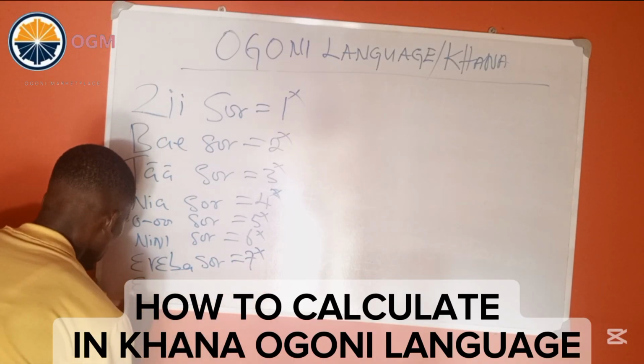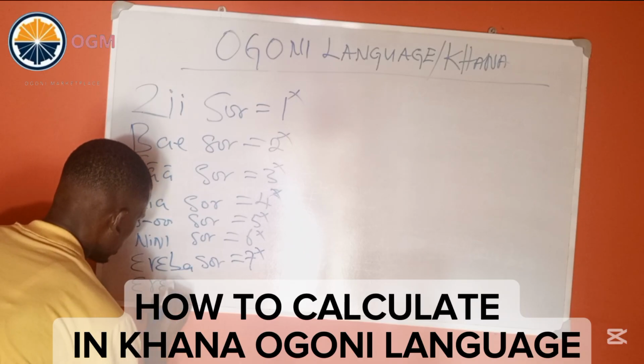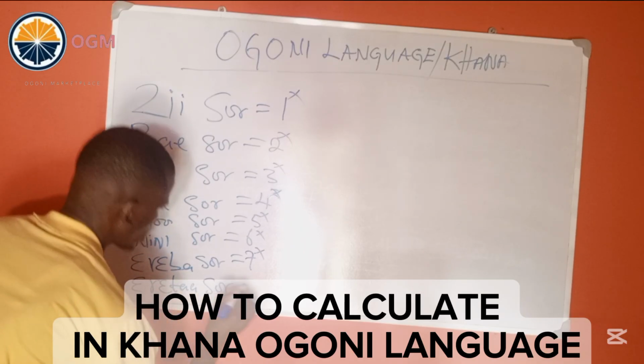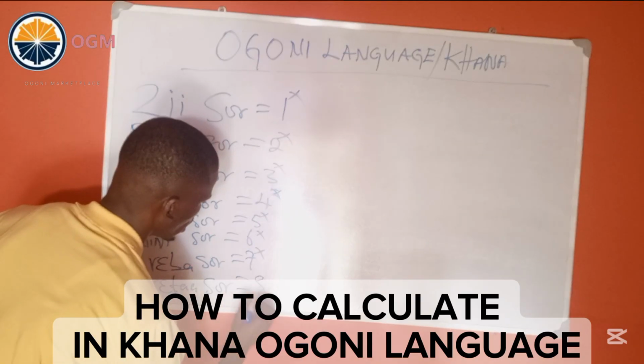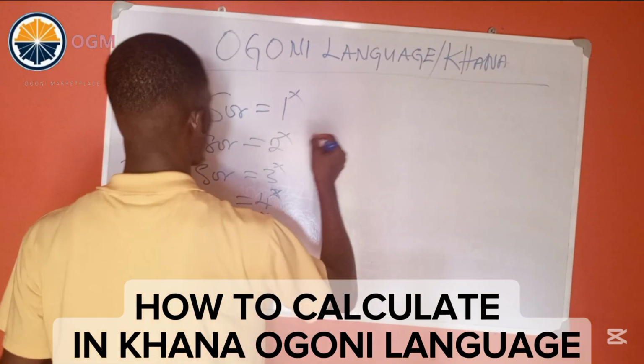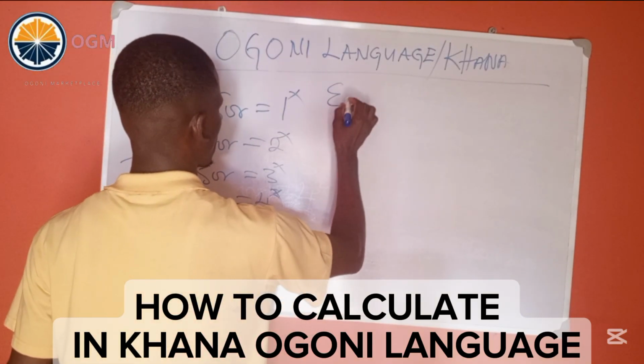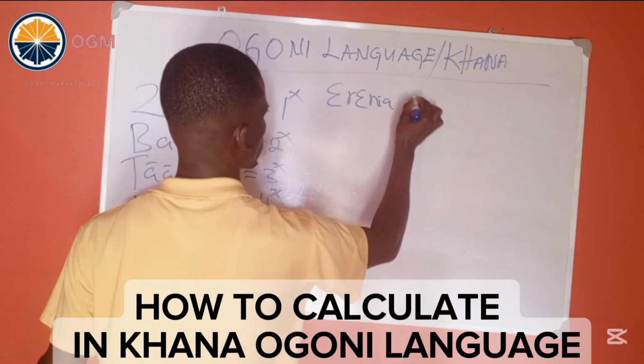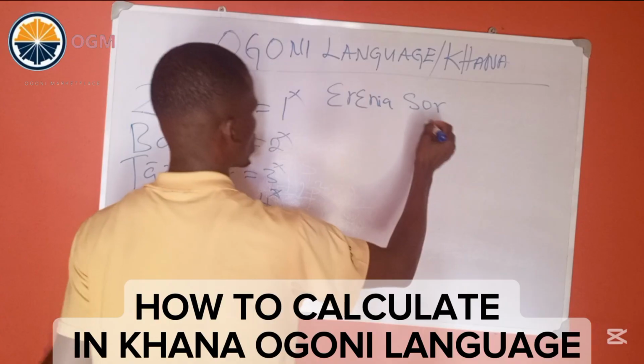Here we have ereta son, which is 8x. Then here we have erenia son, which is